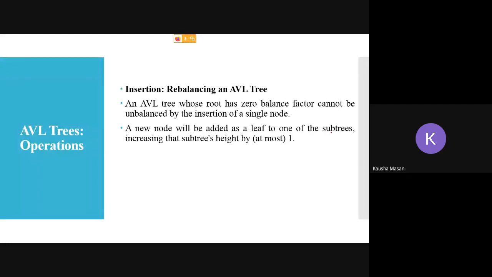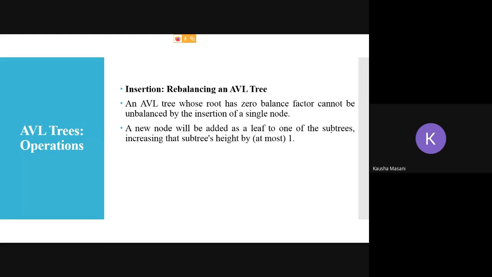Now, if you are adding a new node, it is obviously going to be added as a leaf node because we are again following the properties of a binary search tree. So we check from the root node: is the node we want to insert greater than the root or less than the root? If it is less than the root, go to the left subtree. At the left subtree, again check: is there a parent node? If yes, compare with that parent node. Is it greater or less? If it is less than the parent node, go to the left side of that parent node, and you place it there.